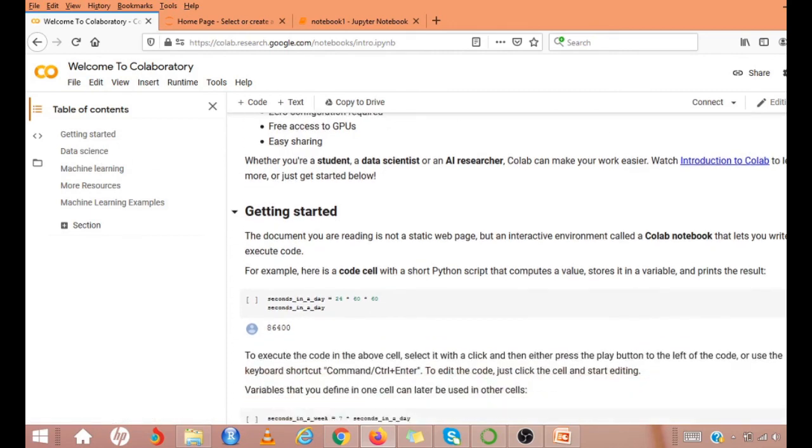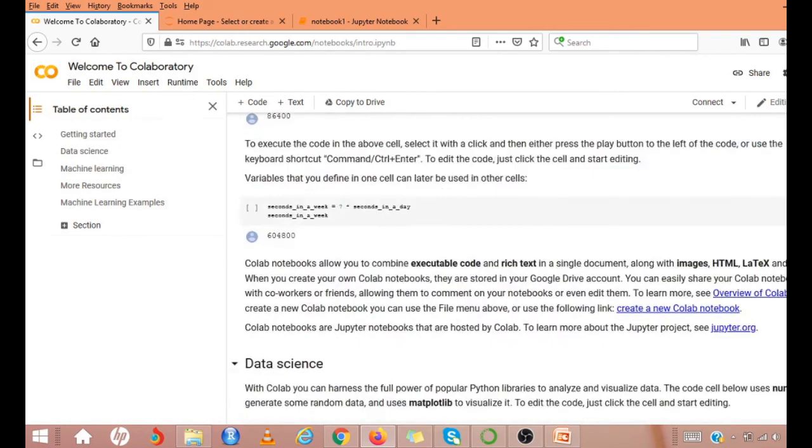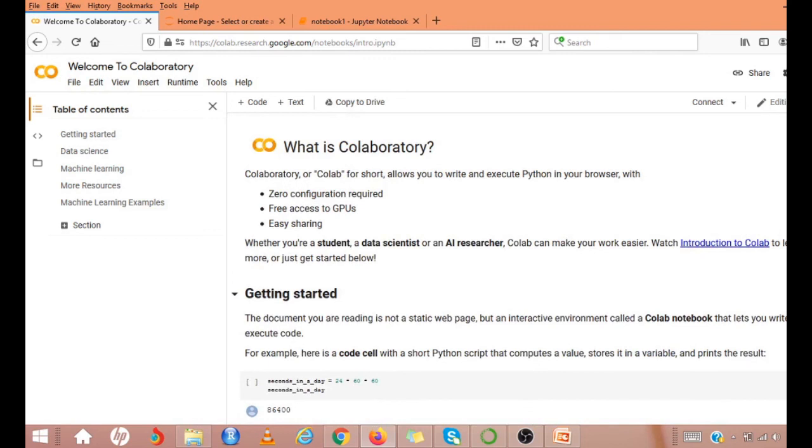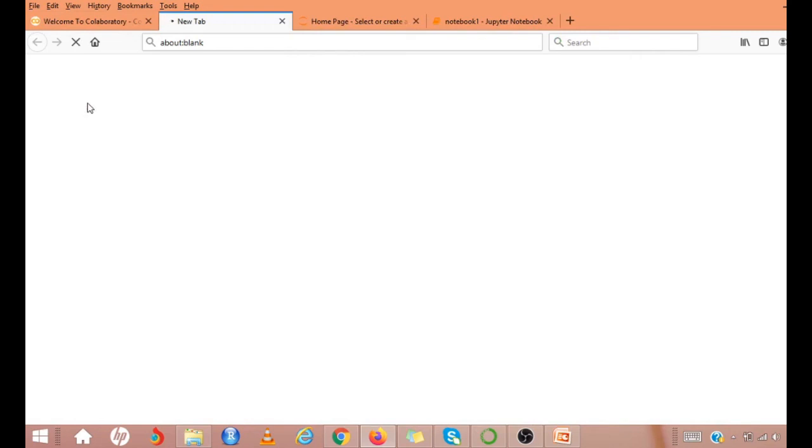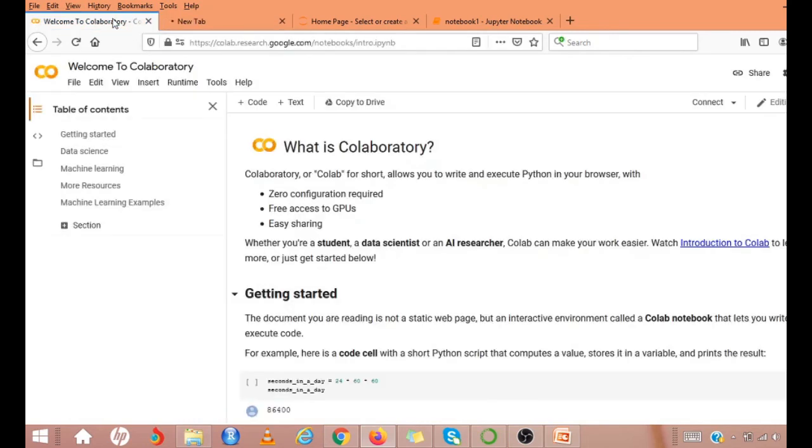Here you can see that the entire page is made using the Jupyter Notebook. I can create a new notebook here. So Colab also uses the Jupyter Notebook.